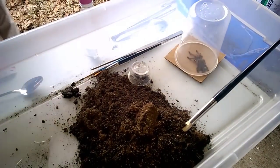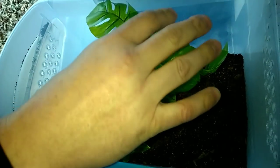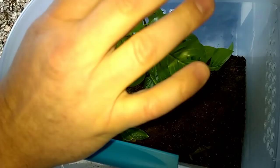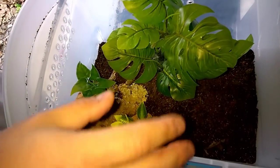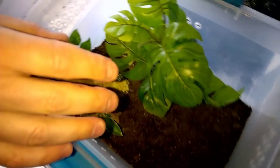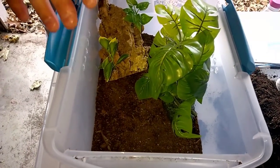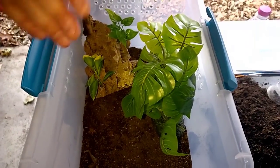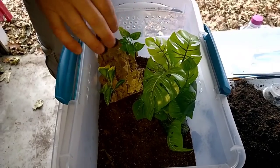All right. Now, just sideways. If you look in here, how I've got this set up, this is a Petco plant. I get these things dirt cheap when Petco has one of its million sales. If anybody signs up for Petco's online thing, it's fantastic because you get an email every day and it's like 20% off. Hey, today it's 30% off. It just keeps going up. If you play it right, you get a lot of things for 40% off with the free shipping, which is nice. So I get the plants from there for my arboreal enclosures, cork bark from Eddie Herb, and